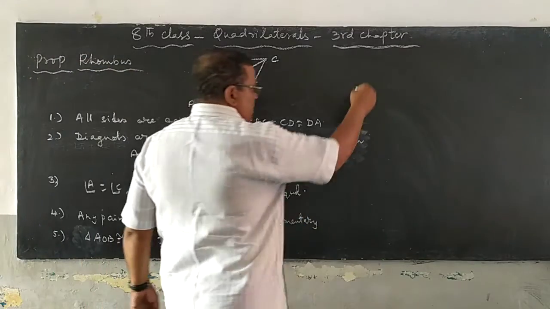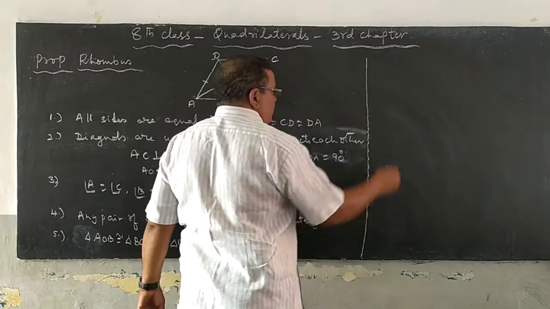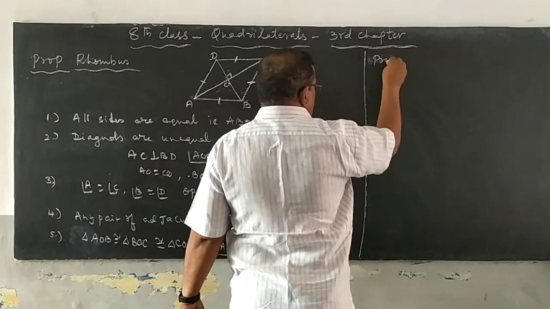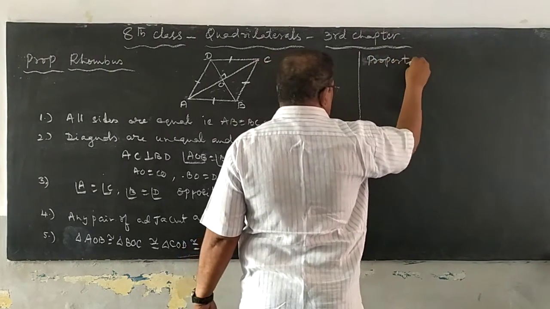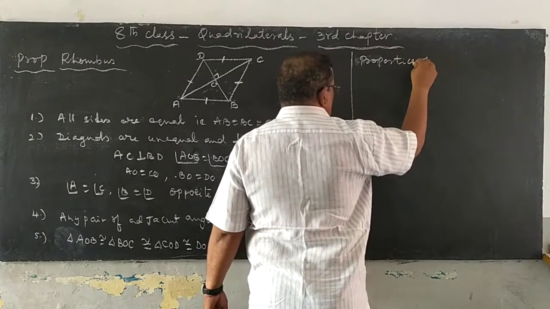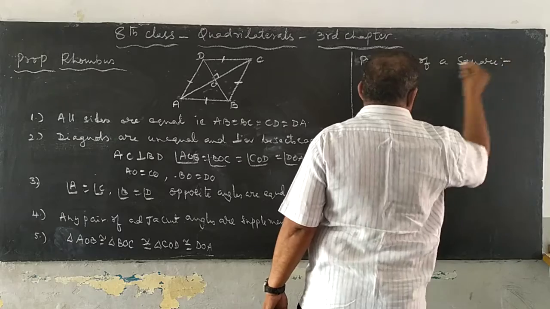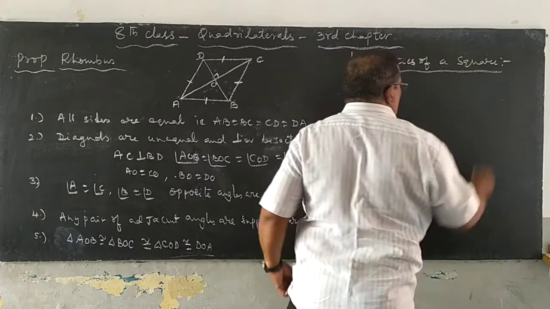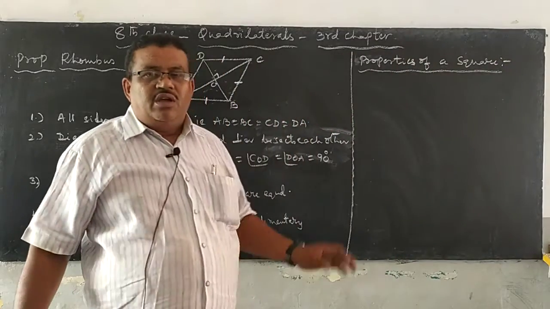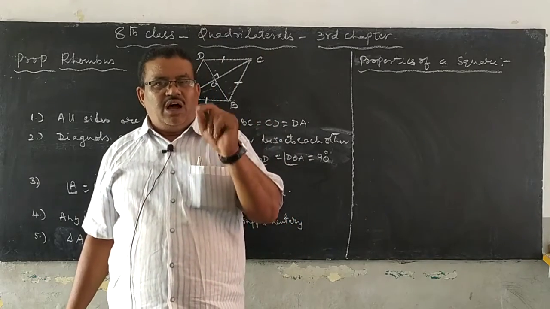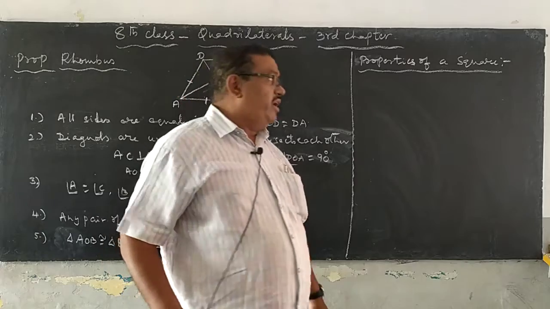Next one we have to discuss about the next one, square properties. Properties of square. What is square first of all? Here we had two definitions. A rhombus in which one of the angle is 90 degrees, the obtained diagram is said to be square.